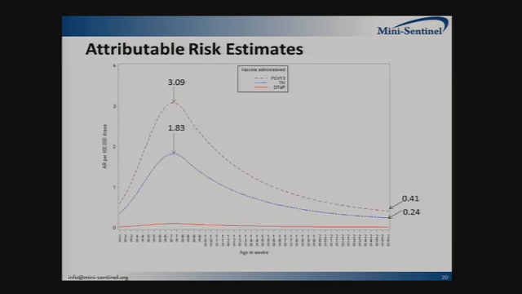And here are our attributable risk estimates. As you can see, each of the attributable risks, regardless of vaccination or age, were below 4 per 100,000 doses, with the highest attributable risk seen for PCV13, followed by TIV, and the attributable risk for DTaP was pretty negligible. The highest attributable risks were seen at 16 months of age, and the lowest attributable risks were seen at 59 months of age.